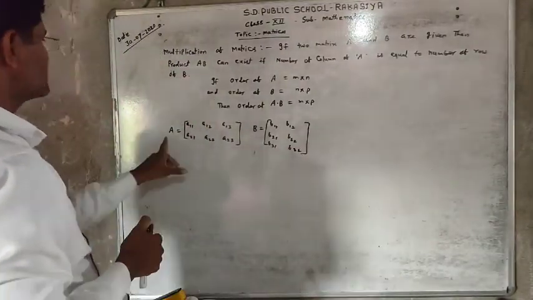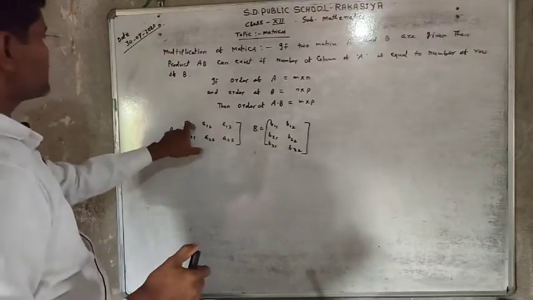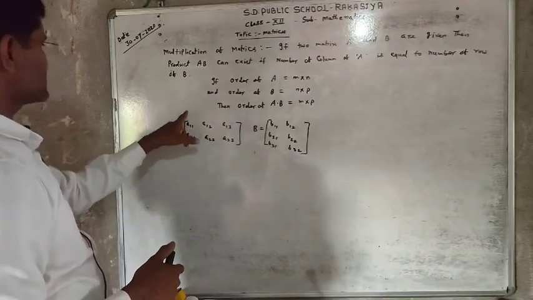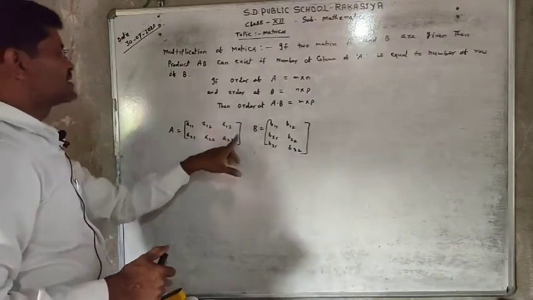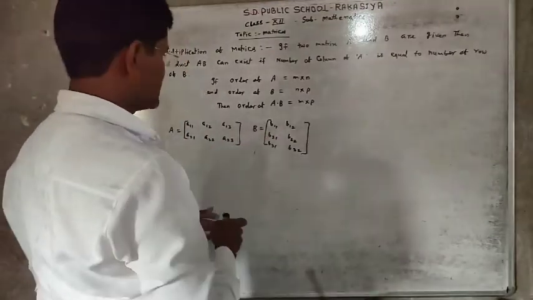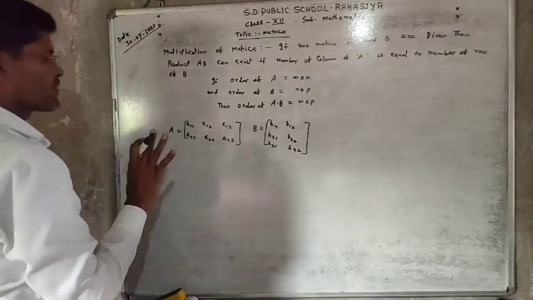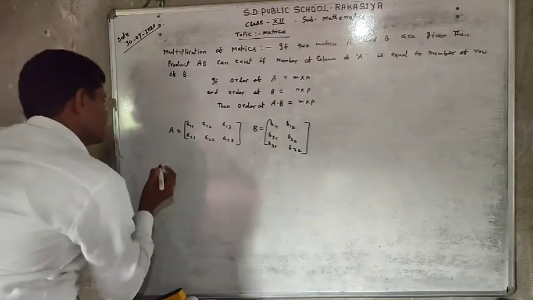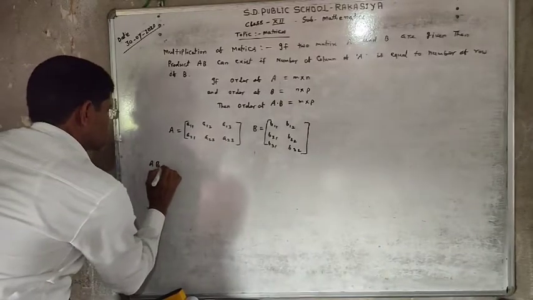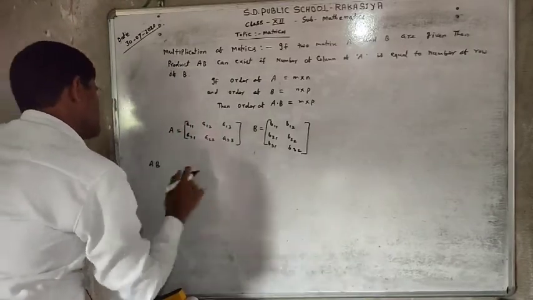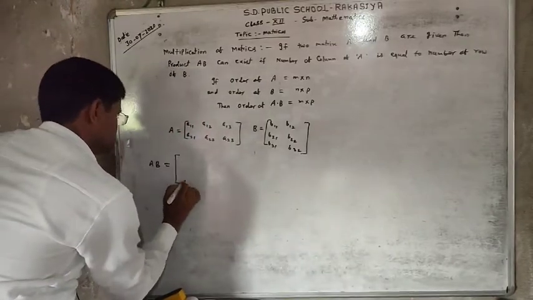By observation, the columns of matrix A are 1, 2, and 3. There are 3 columns in matrix A and 3 rows in matrix B. Then AB exists. And the process of existence of AB, carefully observe that AB is equal to